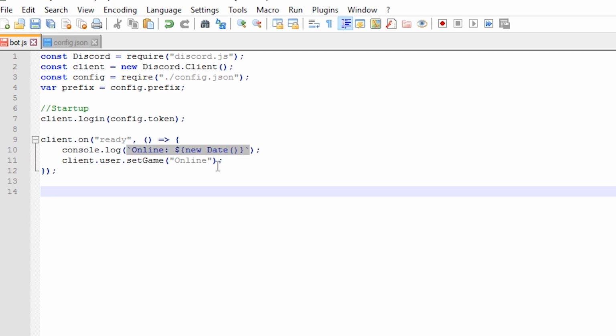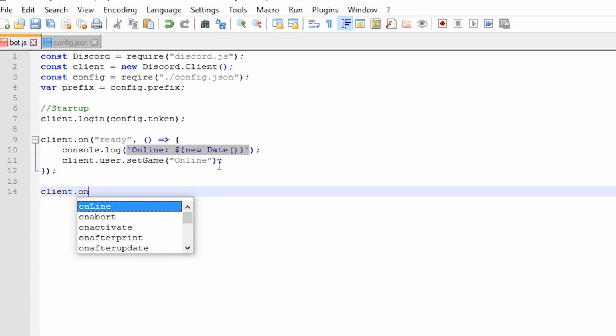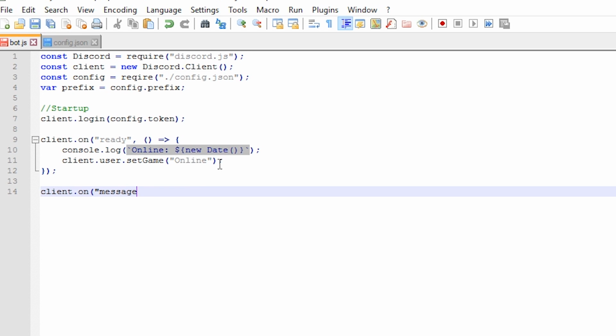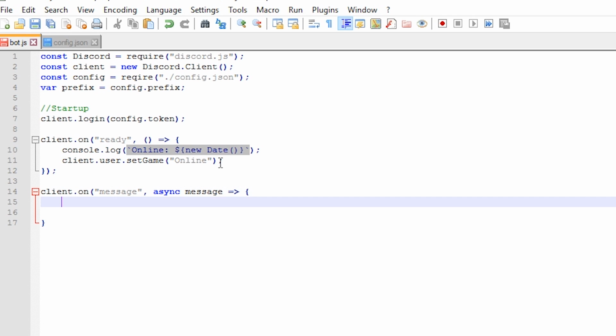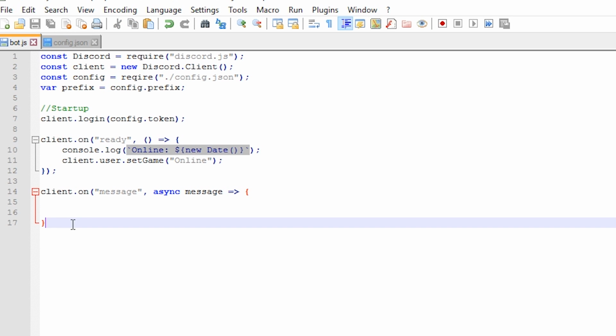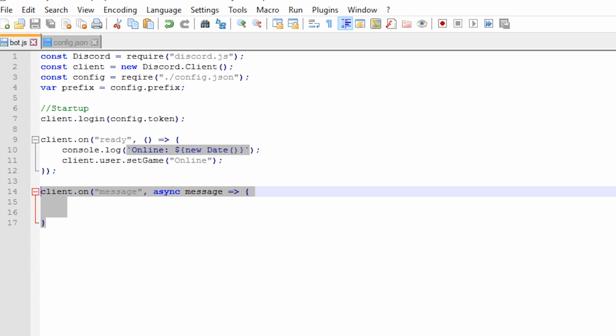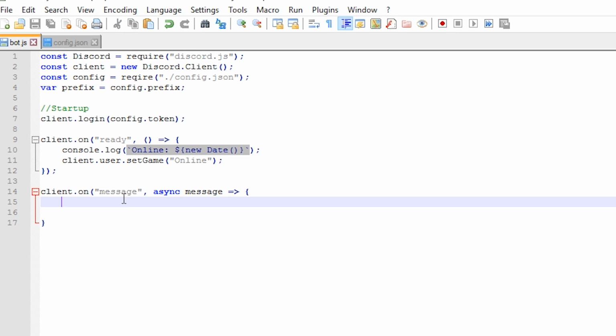This is going to be a really simple way of doing this. So client.on, well, okay, my own spelling. So on message, async message. Now this is going to make the bot do something when it gets a message. Now you can have multiple instances of this, but that will make the bot have multiple loops waiting for different messages. Now that's not really good because it can get memory leaks. So what we're going to do instead of that